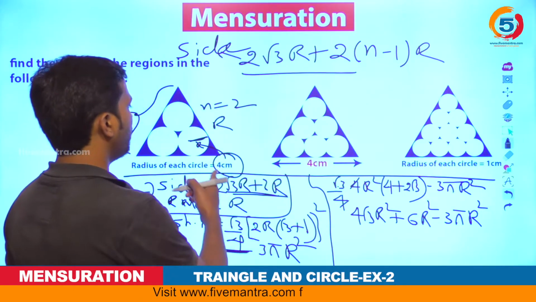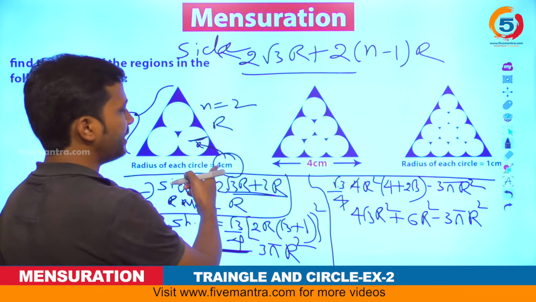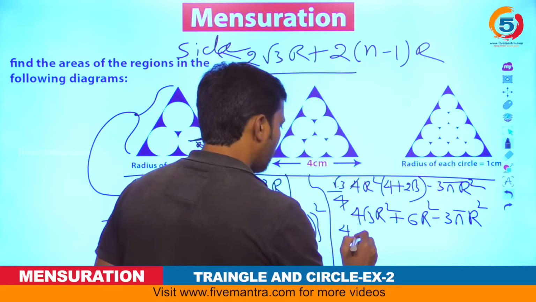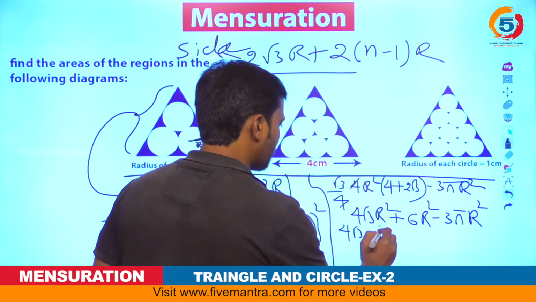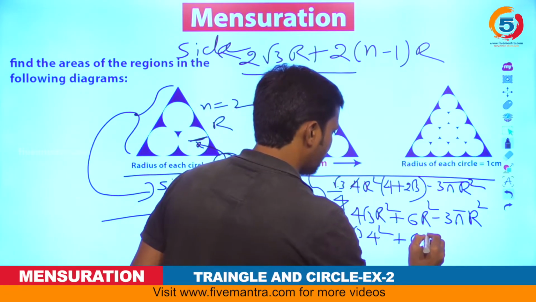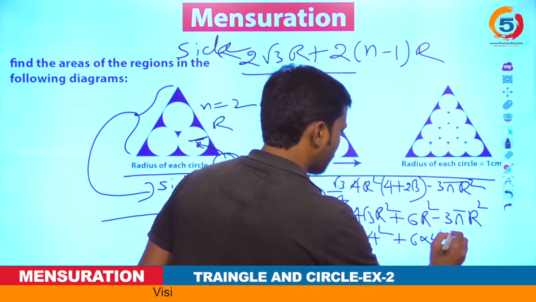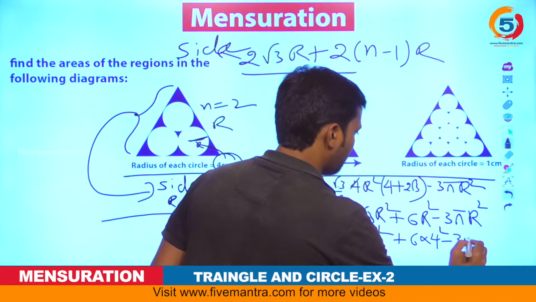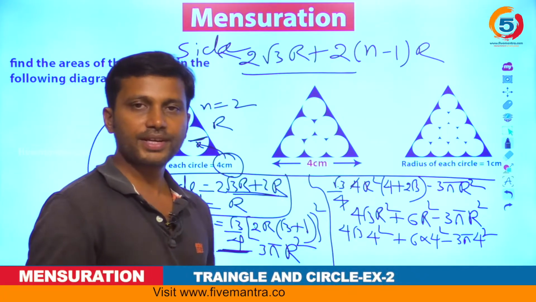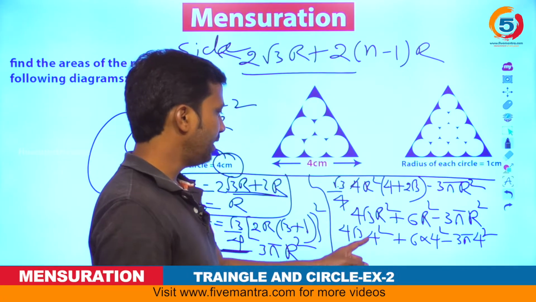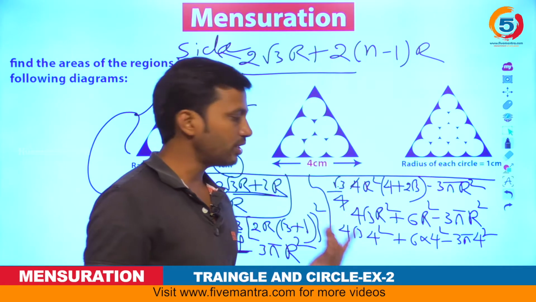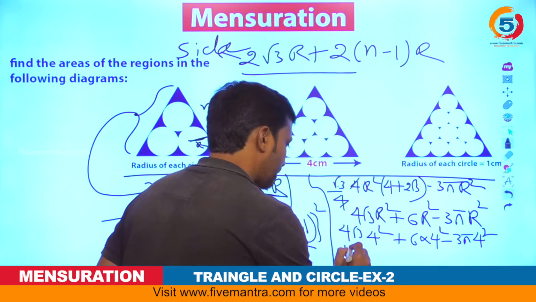Right? Now what is 4? What is radius? 4. So substitute here. 4 into root 3 4 square plus 6 into 4 square minus 3 pi into 4 square. Now just doing simplification we get the answer. What is that? 4 square into 4 means 4 4s are 16, 16 4s are 64. That is 64